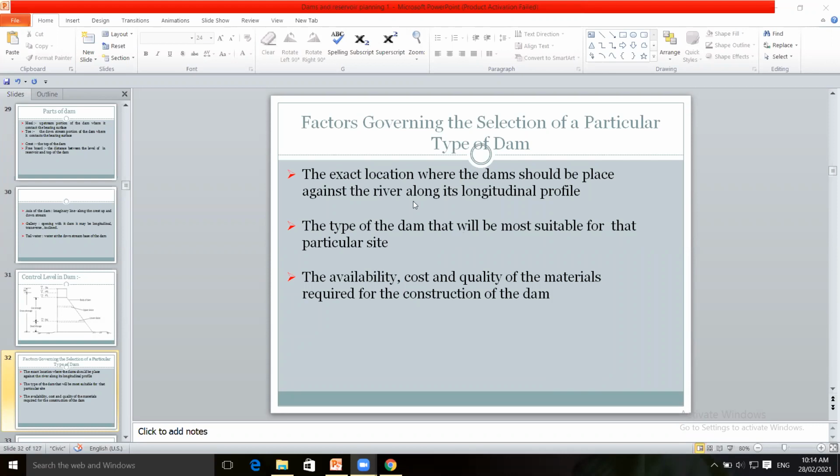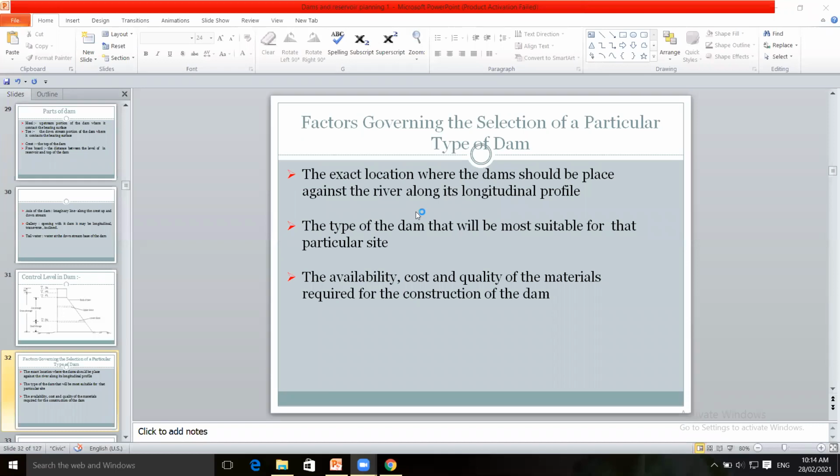So which type of dam is to be selected depending upon the size of reservoir, catchment area, type of reservoir, or discharge through river. There are different factors that have to be studied. How to select the dam location. Location is to be decided.